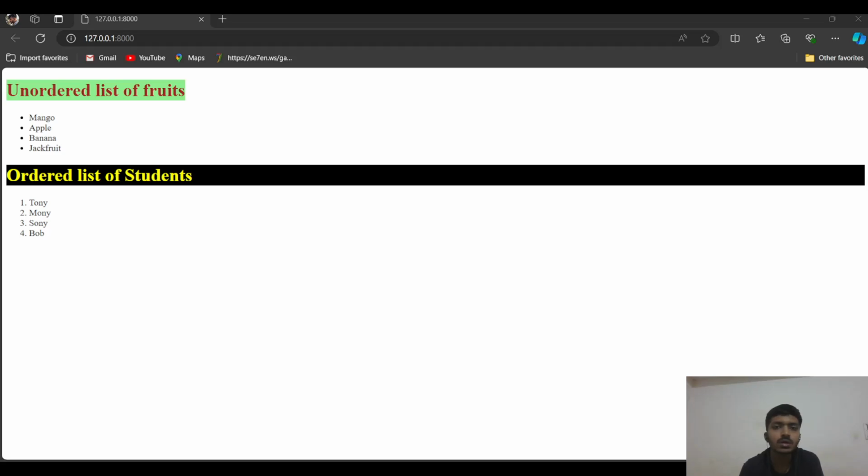Now this is our output that the Django project shows. This is the localhost Django development server, and we have the unordered list. Notice we had used #i1, which was used for styling. It had a long list of attributes attached to it, and this is the first heading, unordered list of fruits, under which we have mango, apple, banana, jackfruit in bullet points, which we had defined in an array in the views.py file. Similarly, we have the ordered list of students. That's our second heading, under which we have Tony, Moni, Sony, and Bob in